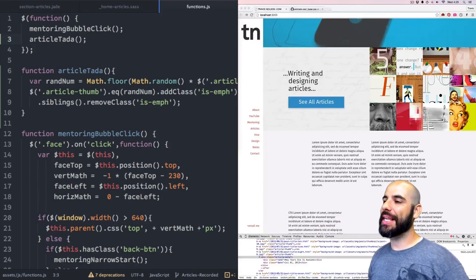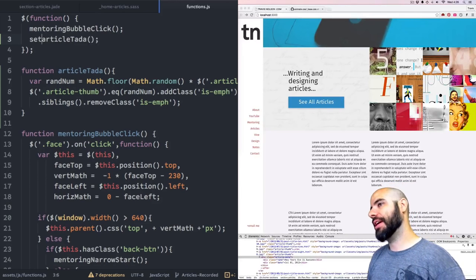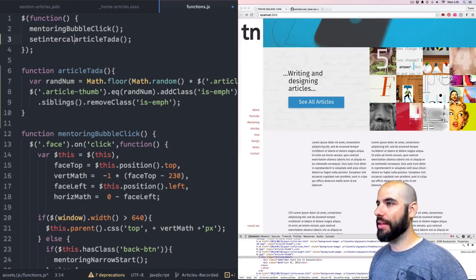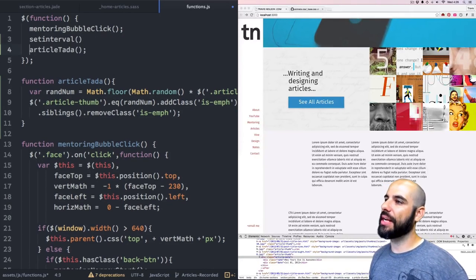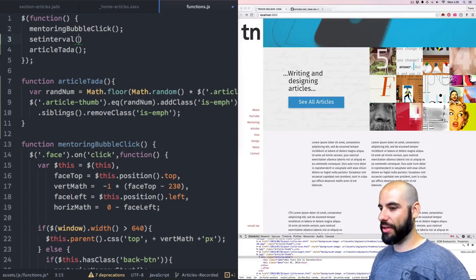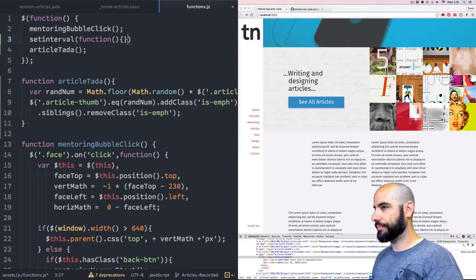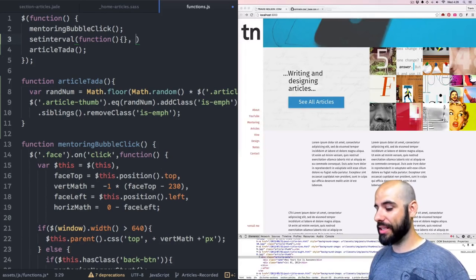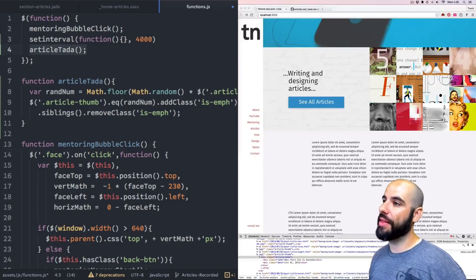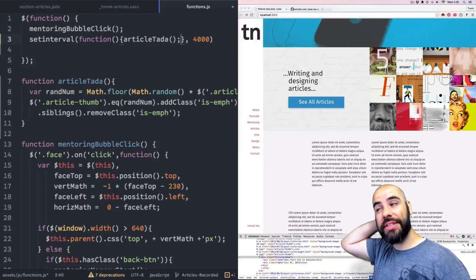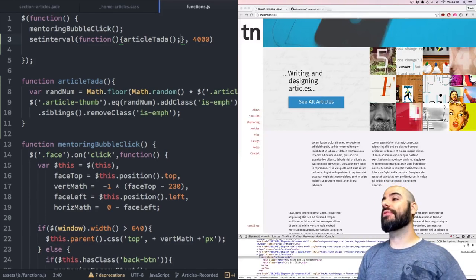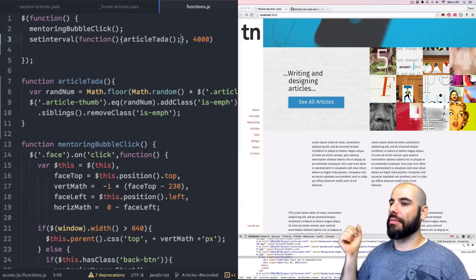So we're going to stick this function here into another JavaScript thing. It's called setInterval. Now what this will do is it'll set up a timed function. So after this comma, I'm going to write a time, let's say 4 seconds or 4,000 milliseconds. And I'll put this function as a callback inside of this function. Now, every 4 seconds, another one of these should go,